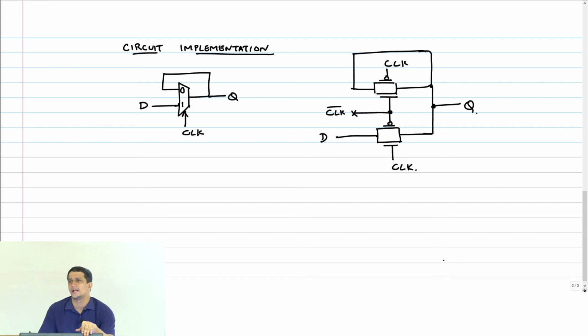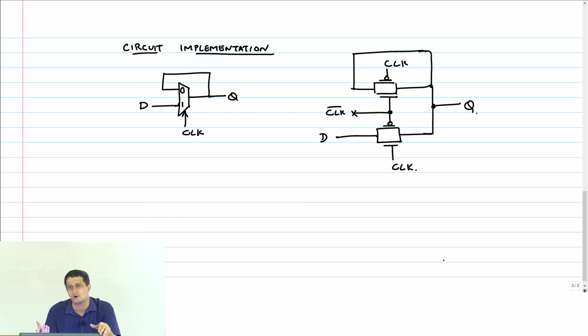right? Clearly, it's a very simple implementation, but like I told you, a transmission gate without a driving gate is meaningless. Because I can't tell you what the delay is, I need to know which gate is driving it. I can't even characterize this flop. If I want to say that this has a setup time of so much, and this has a PCQ of so much, then I need to know which gate is driving this in order to tell you this delay. So that's meaningless. I need to have a standalone flop that I can just characterize and say that these are your setup, hold time, and clock to Q delays. Go ahead and use it in the circuit.